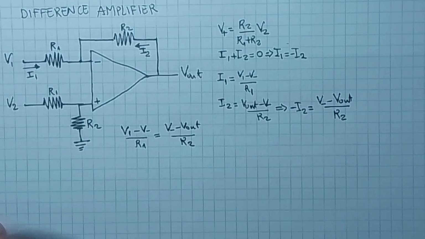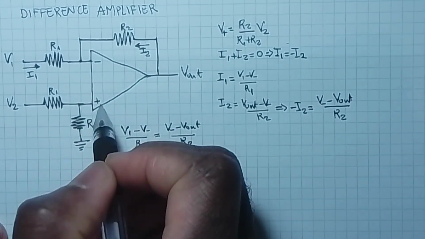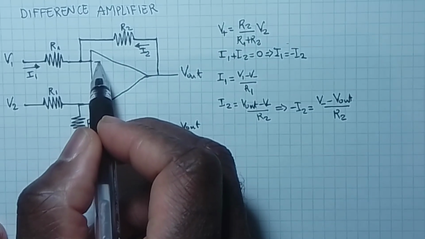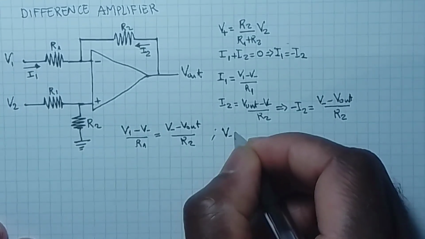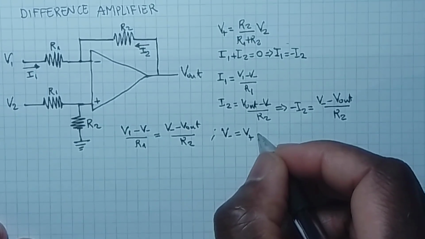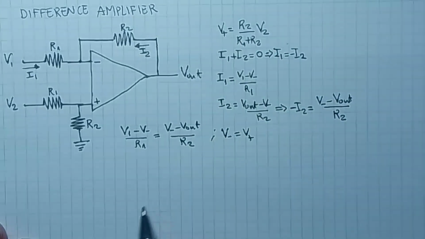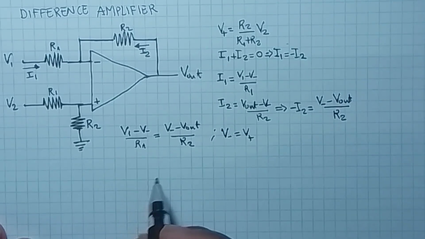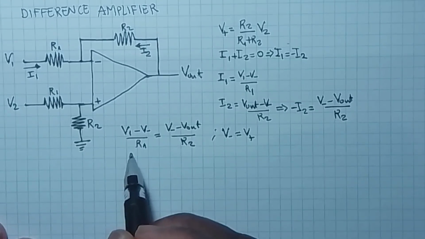Now, by the effect of the negative feedback, we know V plus should be equal to V minus. So therefore, V minus is equal to V plus, which is equal to the expression above. So let's substitute the value for V minus into the equation. So we get